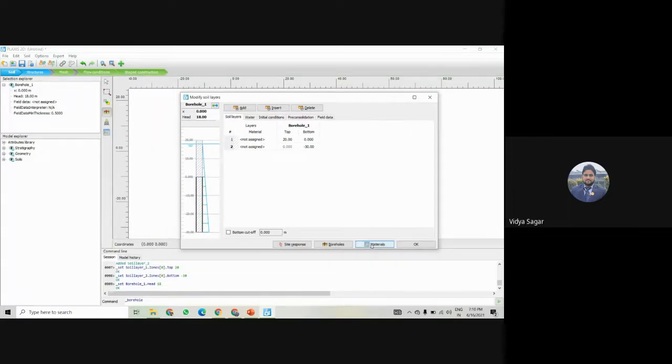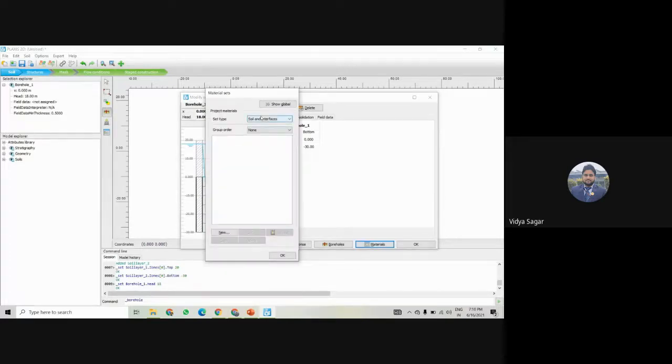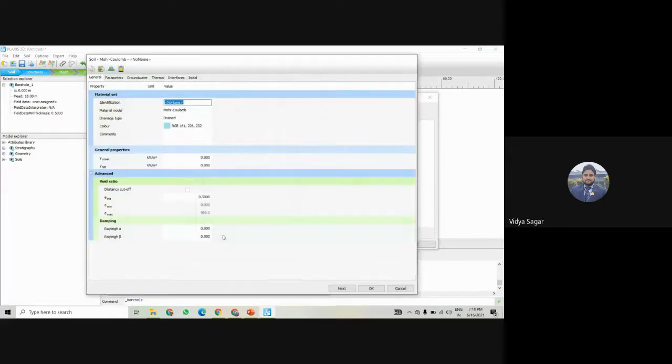For assigning material, you can go directly from here, the material option. Here we have the materials clay and sand. I already have these properties. You can also get the properties from lab testing data, or from references, papers, research or literature.